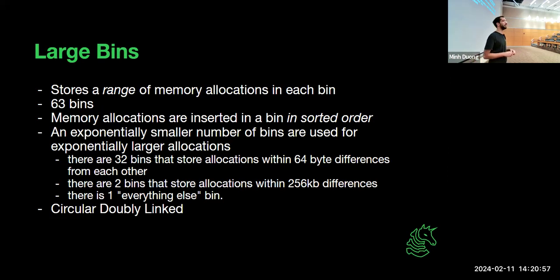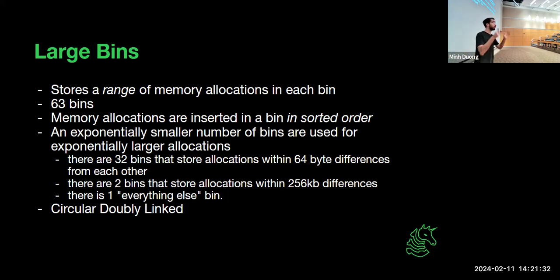It's kind of the idea that we're going to store roughly the allocations, because at this point we're talking about allocations that are like 3,000, 4,000, 8,000 bytes. And so the difference between allocations of 8,000 and 8,016 bytes is not that much. So each bin stores a small range of memory allocations in a sorted order. And it does this with a kind of tree-like